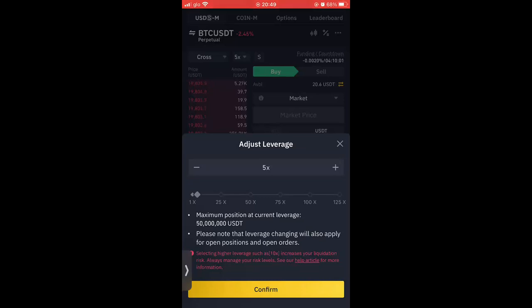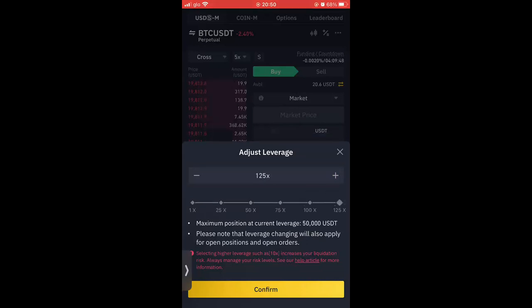But for beginners, it's advised that you use 3x to 5x. Very important. It's the big boys that do this one. You can increase it with this cursor. Look at it, this is for the big boys. You can increase it to 125. Let me confirm I'm still on, because this phone can switch me off.